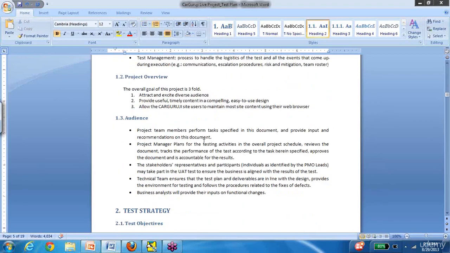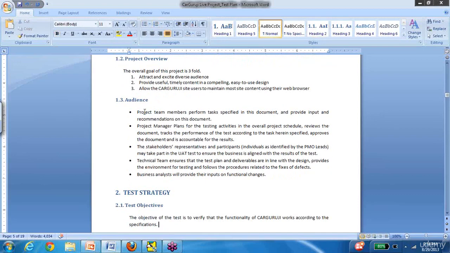As the project overview, again the goals that we discussed yesterday in the FSD, we are putting out the same information here, because whether it is the testing module, the development module, the support module or any other module, the project's goal remains the same. We are all working towards achieving the common goal, that is, to build software that the client needs. Okay. Audience, that means who is the consumer for this document.